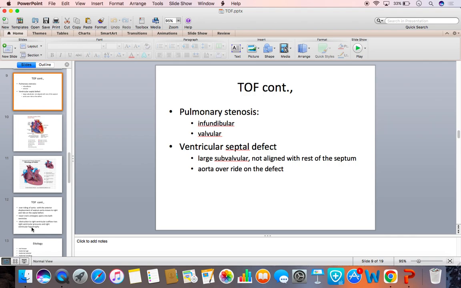and with the total correction of the anomaly, the child is going to improve well, and they catch up on growth, and most of the complications of tetralogy of Fallot can be averted by early correction of the anomaly. That's how nowadays the baby with tetralogy of Fallot is managed in order to avoid